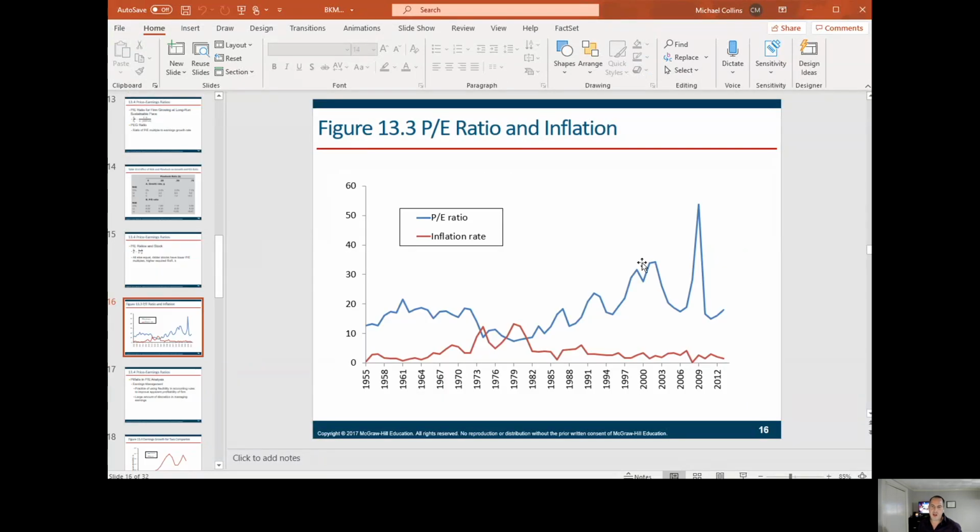Back to the slides. PE ratio with inflation. So one thing I'll mention too is I think the better ratio to look at here is PE ratio with interest rates. When there's a lower interest rate environment, that likely justifies a higher PE multiple in the market. So stocks look expensive historically right now. This is a huge debate academically in the investment world, the high market PE, and what do I mean by the market PE?